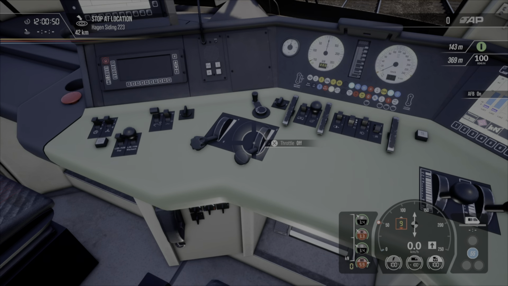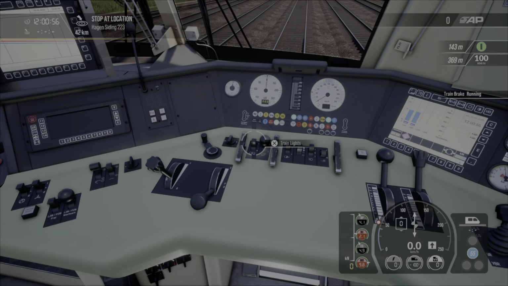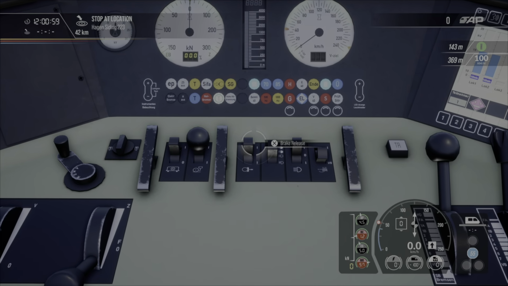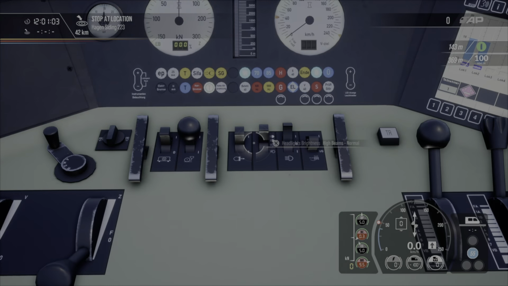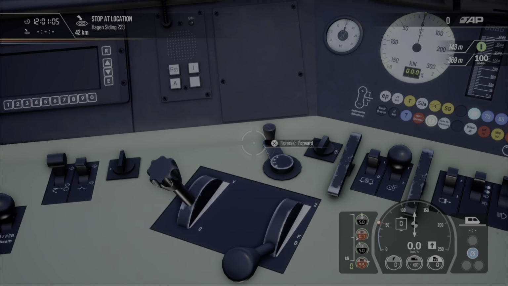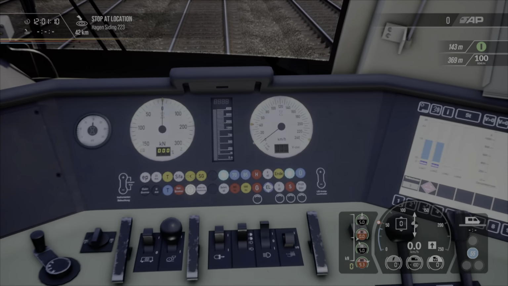Drawn up to 40. Got at least the brakes. Train lights, I don't need them on, but I'll throw them on. Mast locks on. No beams on. Reverser forward, we're all ready to go. Right. Before we go,